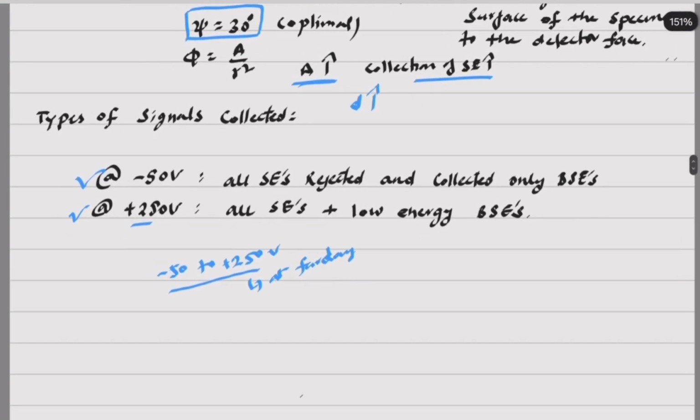In this way both BSE and SE electrons can be detected, but it is more widely used for secondary electron imaging only, to get more resolution in imaging. When BSE electrons are combined with secondary electrons, there will be a degradation of